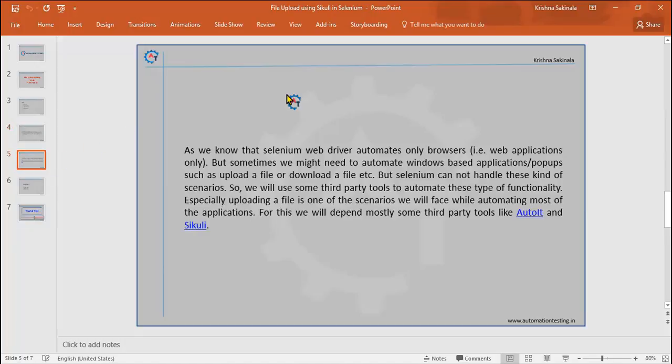Coming to Selenium, as we know, Selenium will not automate any window-based applications, it automates only web-based applications. Sometimes we need to handle applications having window pop-ups that cannot be handled by Selenium. So we need to depend on third-party tools like AutoIt and Sikuli. In our previous video, we have seen AutoIt. Now in this video, we will see the alternative to AutoIt, that is Sikuli, and how we can handle